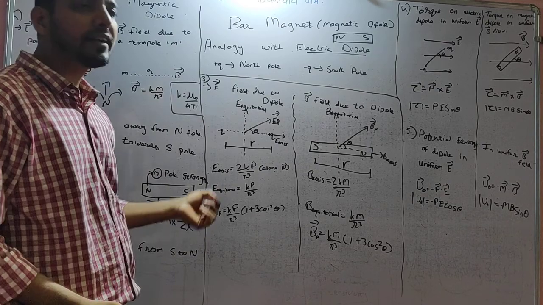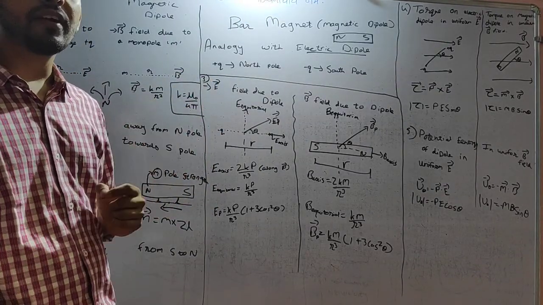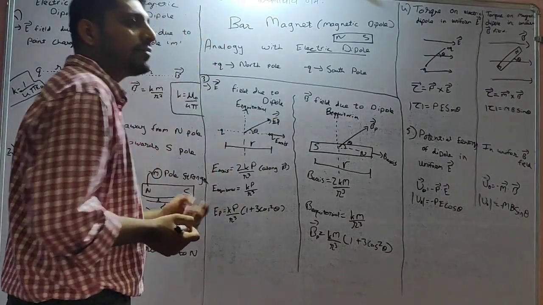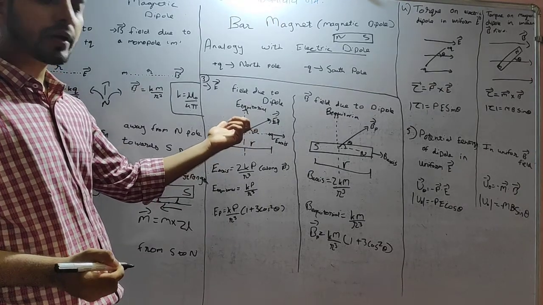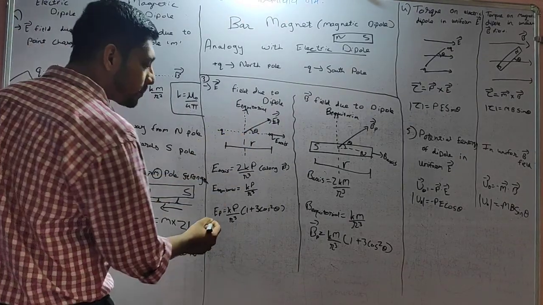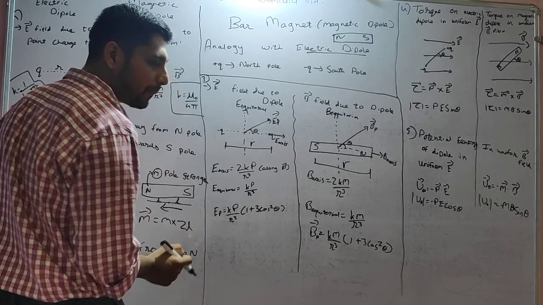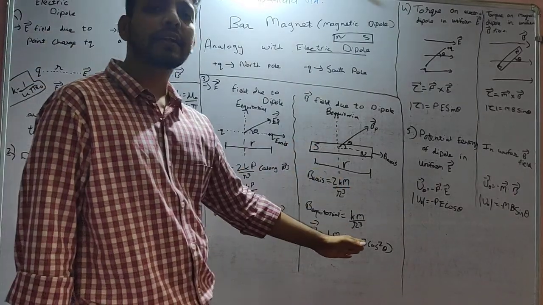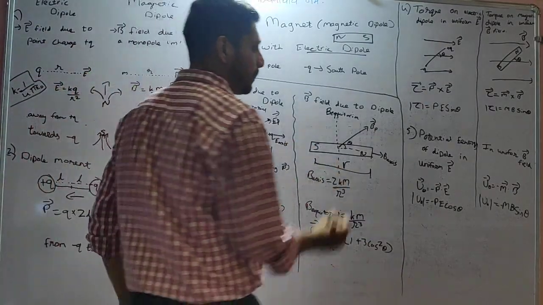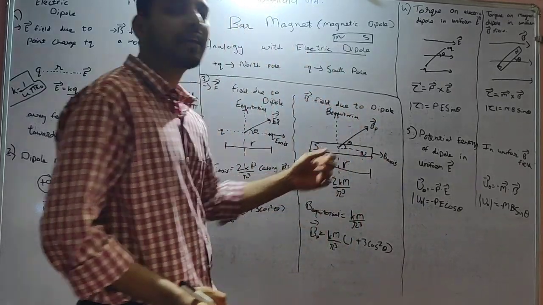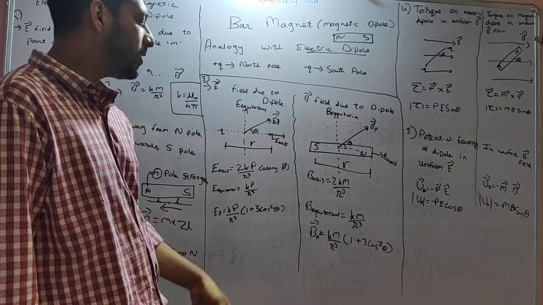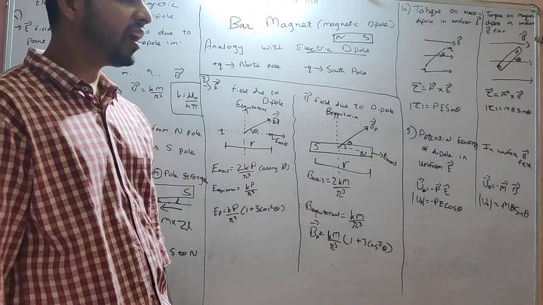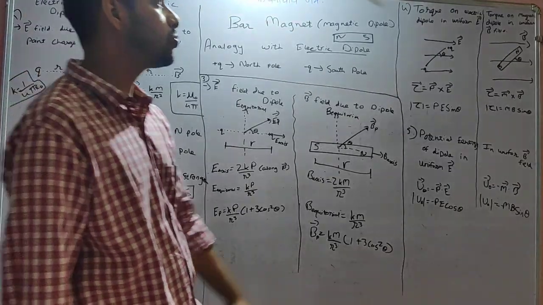And if you want to find electric field at any point due to a dipole, suppose we want to find it at this point, which is situated at angle theta, then at that point the electric field will be equal to kp upon r cube times square root of 1 plus 3 cos square theta. It will be very similar in the magnetic field also. The magnetic field at any point, suppose at this point which is making angle theta with the line of two poles, will be km upon r cube times square root of 1 plus 3 cos square theta. I hope this much is very clear to you. Then we can move towards the next one.